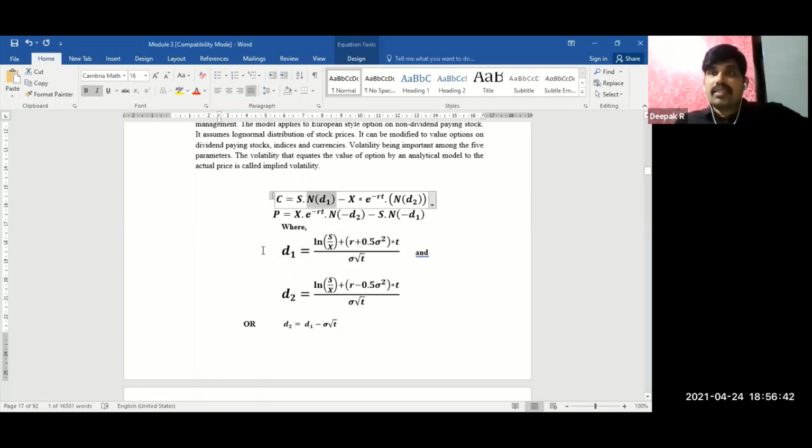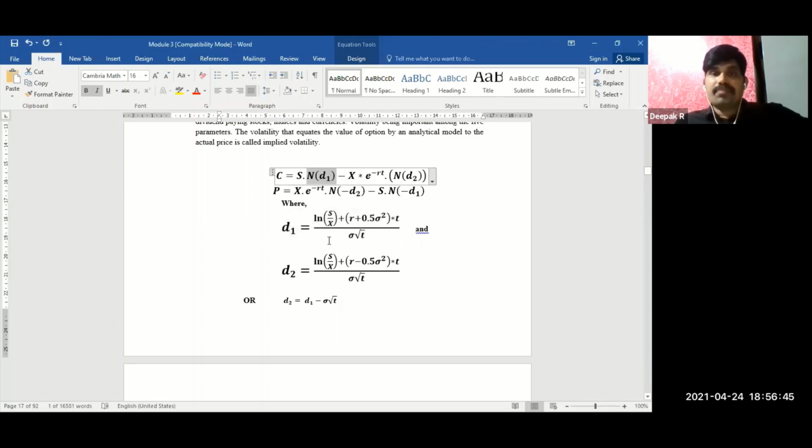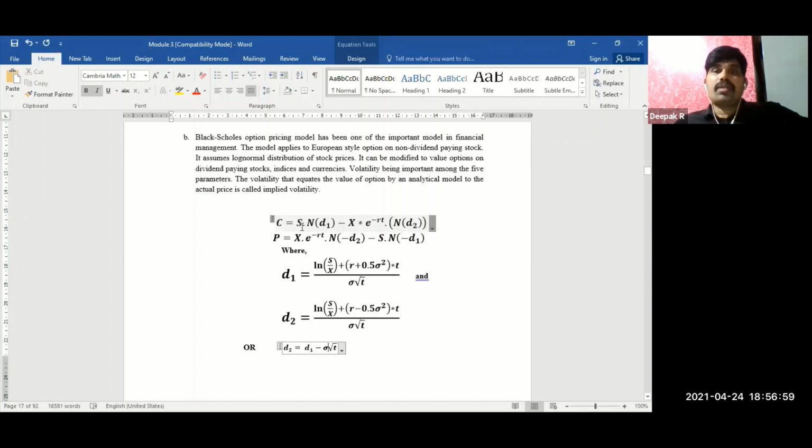So this is nothing but in terms of the D1. Once you have calculated D1, D1 minus the standard deviation times root T will give you D2. They came up with the formula where volatility and time to maturity matter. The more variance there is with respect to an underlying asset, and the more time there is, the more chances that